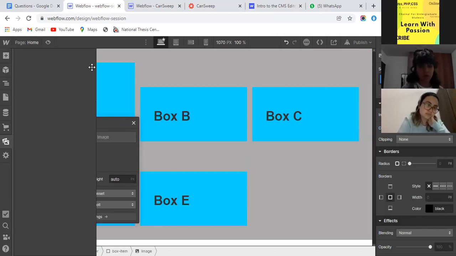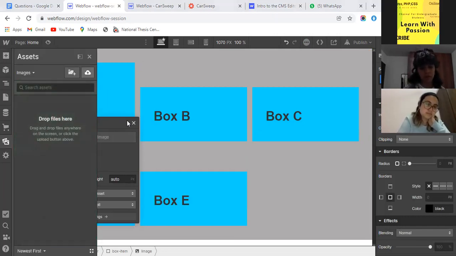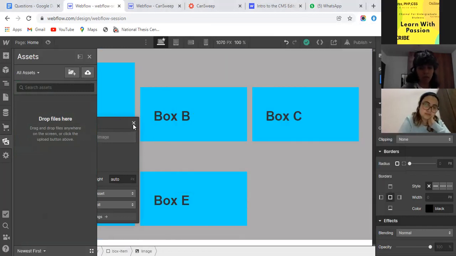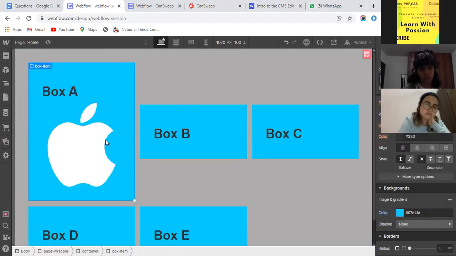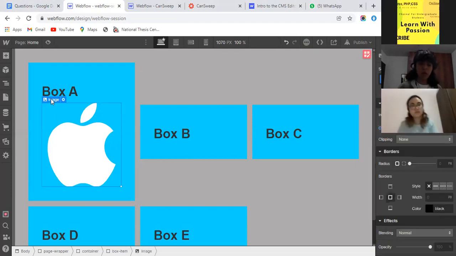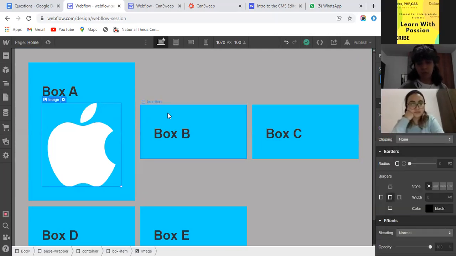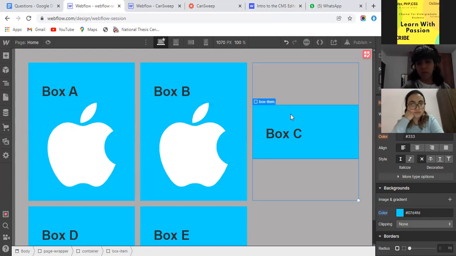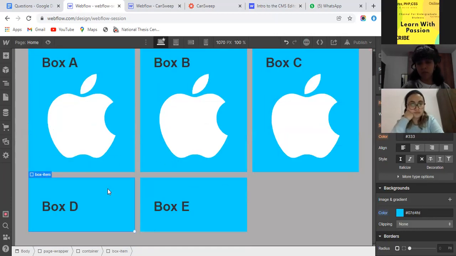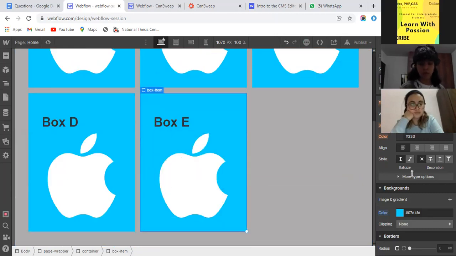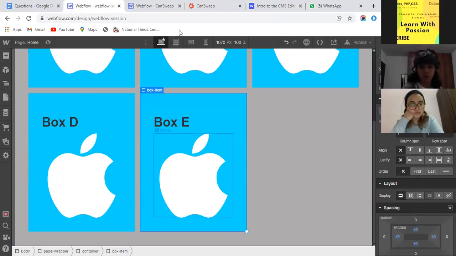Like if we also have an image inside it, and we want to make it, just a minute.